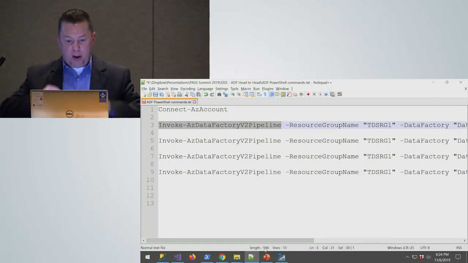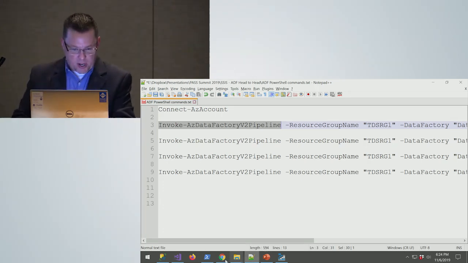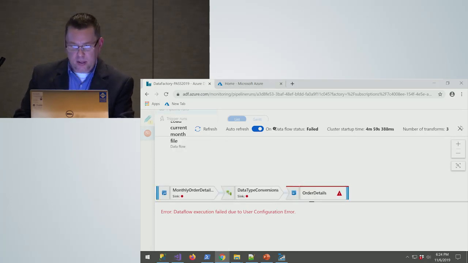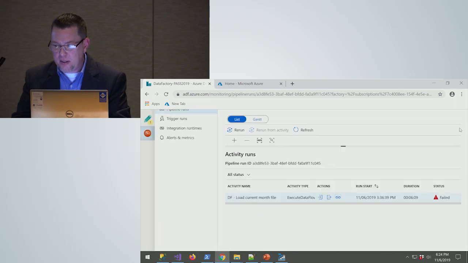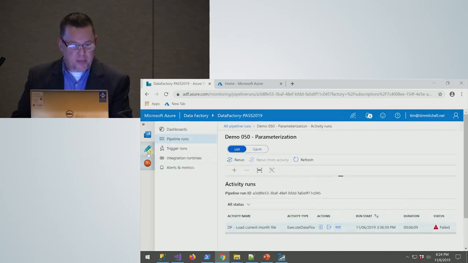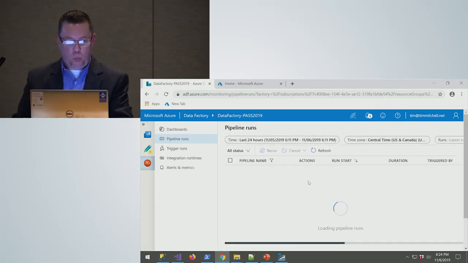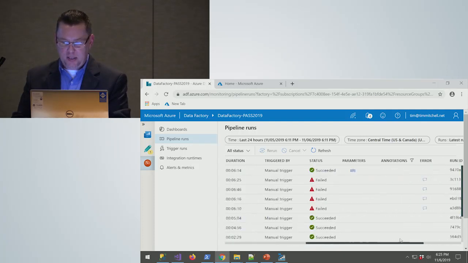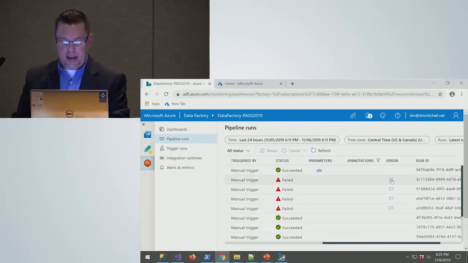All right, what I was going to show you on that was a couple of the logging components. If I go to monitor, I can see all of my pipelines, and here are all the executions that we have for those. I can go into just one specific pipeline and see its executions. Again, it's going to show me that it was successful, and here's the duration.